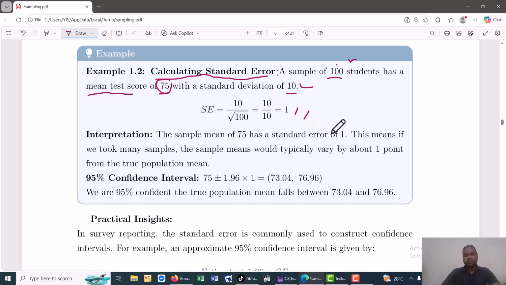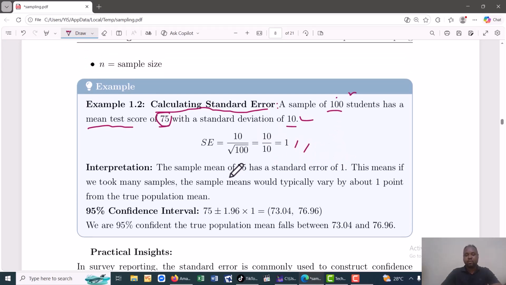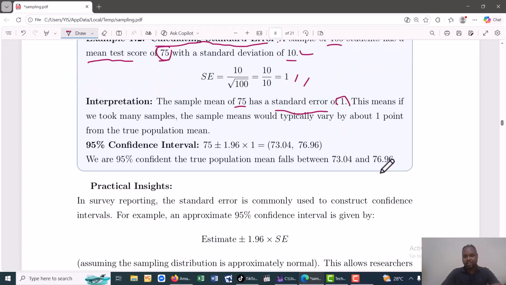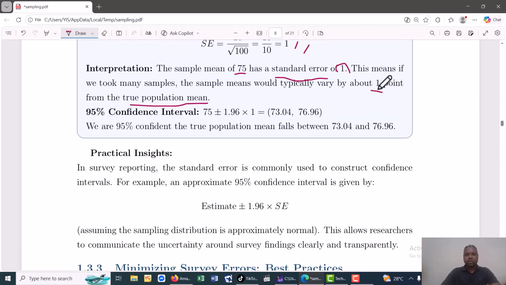What does it mean? The sample mean of 75 has a standard error of 1, meaning that if we take many samples, the sample means will typically vary by about 1 point from the true population mean. That is the average deviation of each of the possible samples from the true population mean. We know that